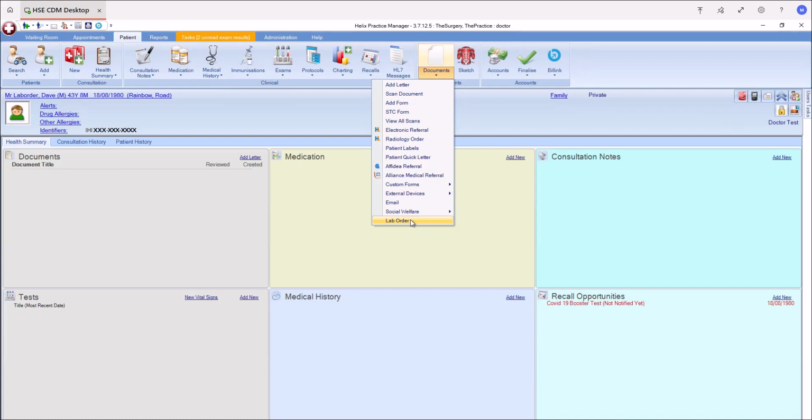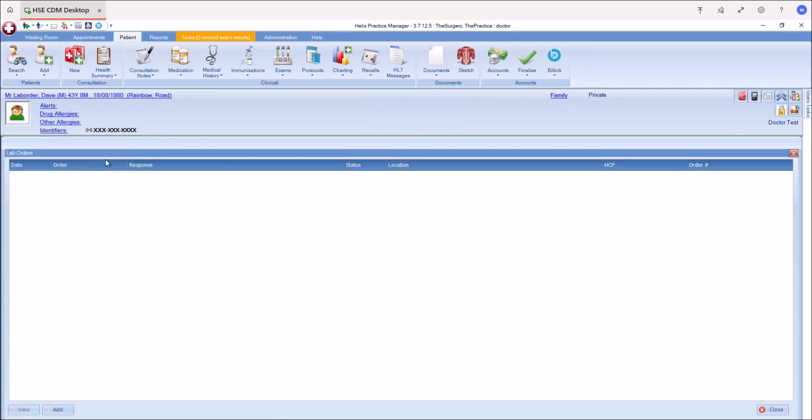So if we just do Documents and Lab Order here, you get this screen, which is a list of all the lab orders done electronically for this patient. As you can see, I have none at the minute. So all you have to do is click Add down here, bottom left, and it will pop up the screen to select the correct